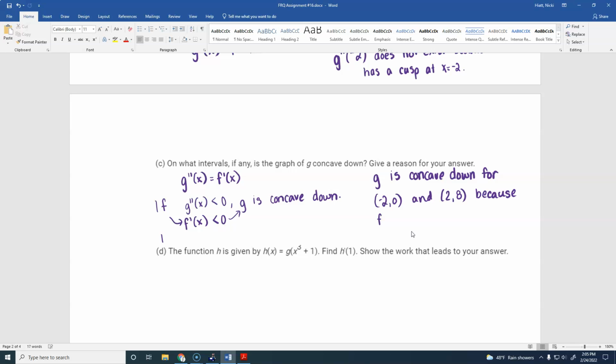You must answer this from F of X because that's what you have the graph of. You can't talk about G double prime and you can't talk about F prime until you talk about what you see happening on F. So it's because F of X is decreasing,